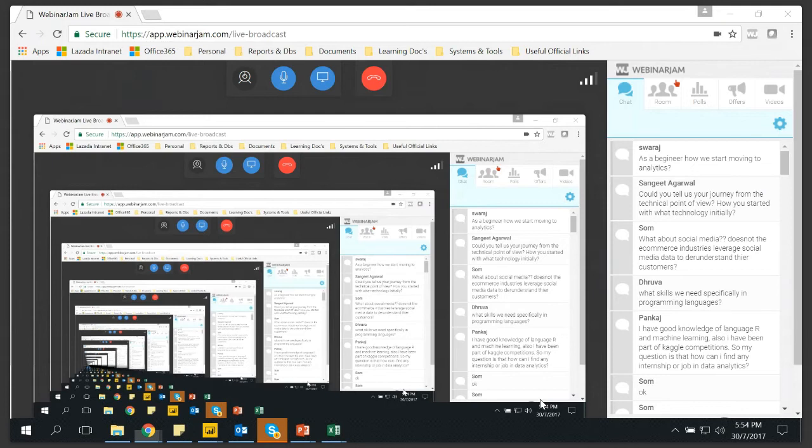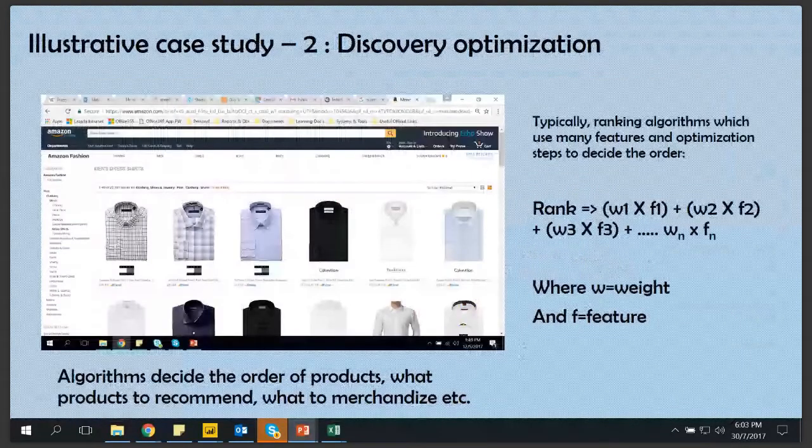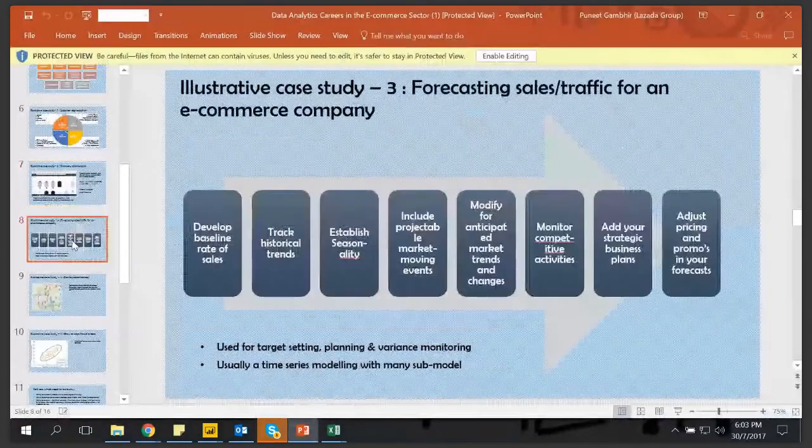I would just go back to the slide. I have a couple of slides which are very important to answer some of the questions which are here, and therefore I want to cover that. So I'm sharing my screen. Okay, so assuming that my screen is now audible, visible,